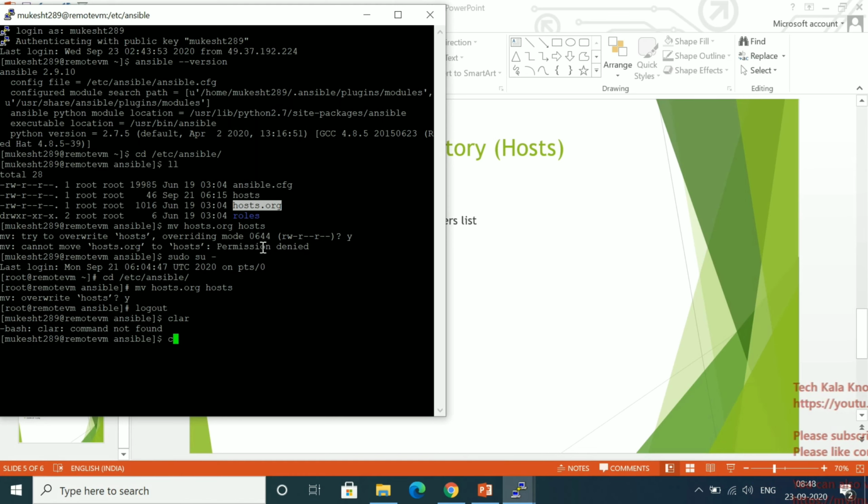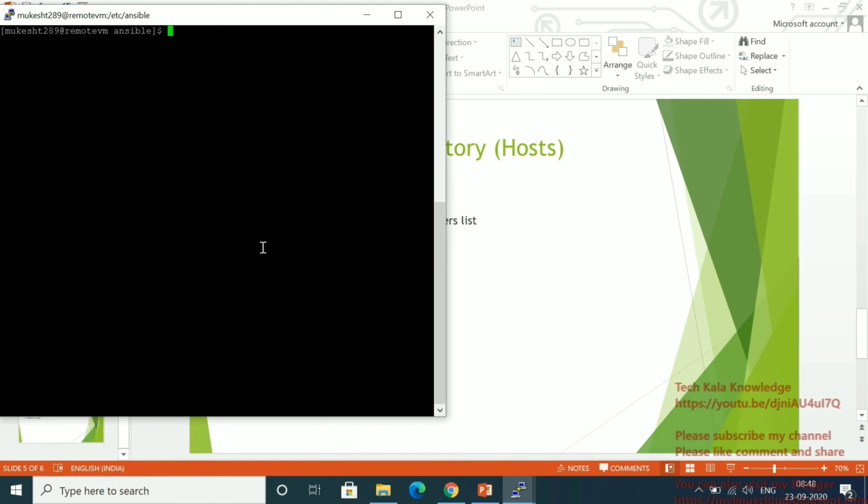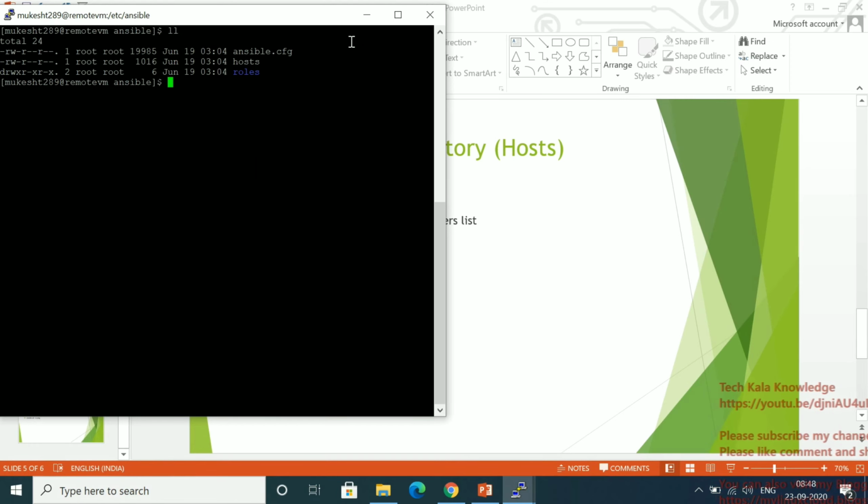Actually, I had changed the host file, so that's why. Now I renamed that file. Okay, that's fine. So this host file is the inventory file. This is the inventory file for Ansible, and we also call it the host file.